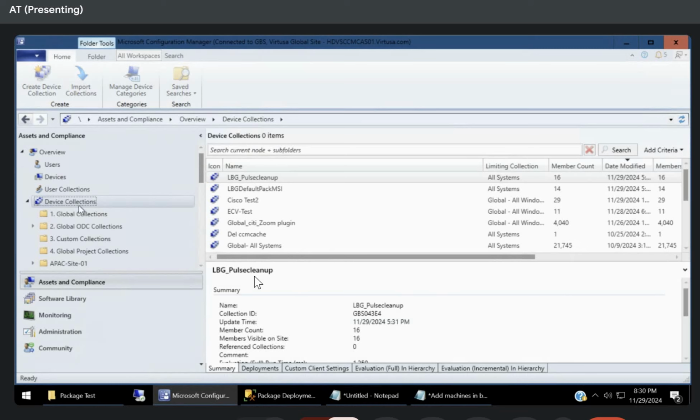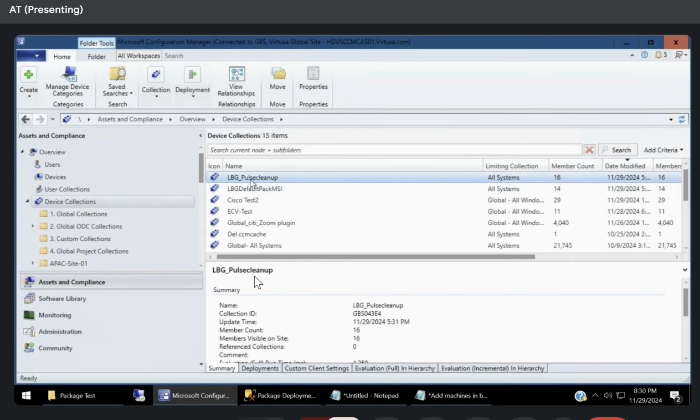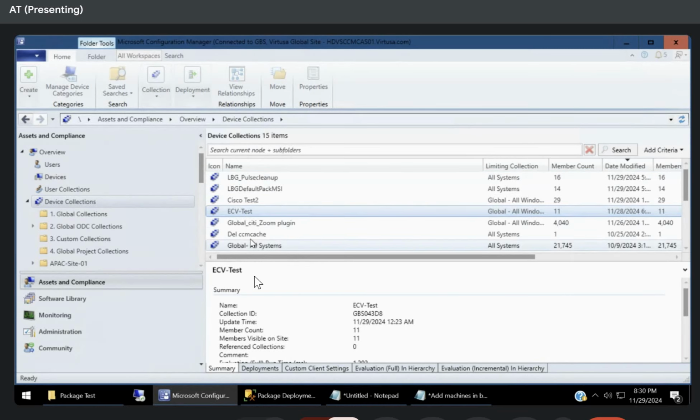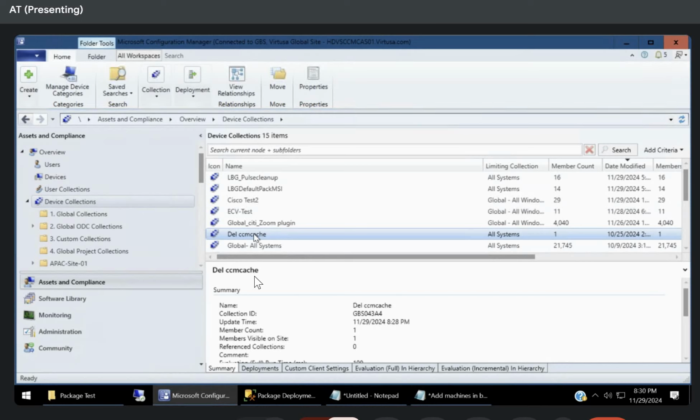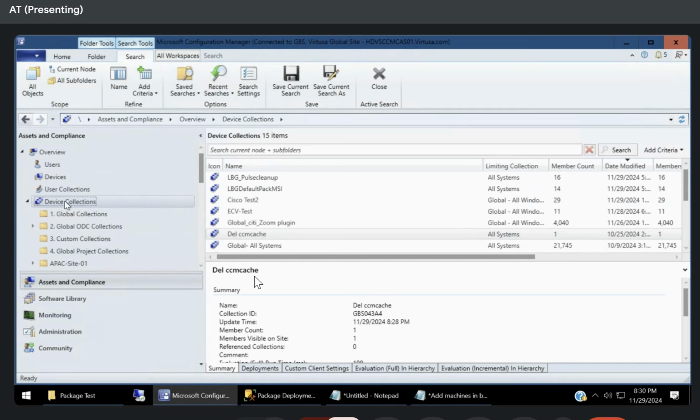Collection means what? We have to create a collection, and the collection can have 1 member, 2 members, 3 members and like that. So we have to create a collection and then only can we send the software to that particular collection. How I created it is, see, right click, create device collection